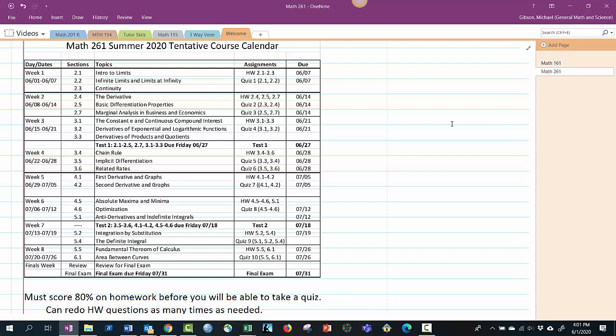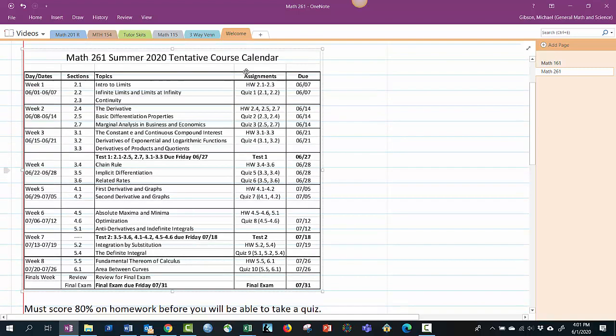I want you to notice there's one little oddity this summer. It's a little bit different than I've done things in the past, so we'll have to see how it goes. I've set the quizzes, right? So there's homework and quizzes and tests, and there's homework every week, and there's a quiz every week, and some weeks there's two quizzes. That's what I've done. If you see here, it says here's the homework for week 1,